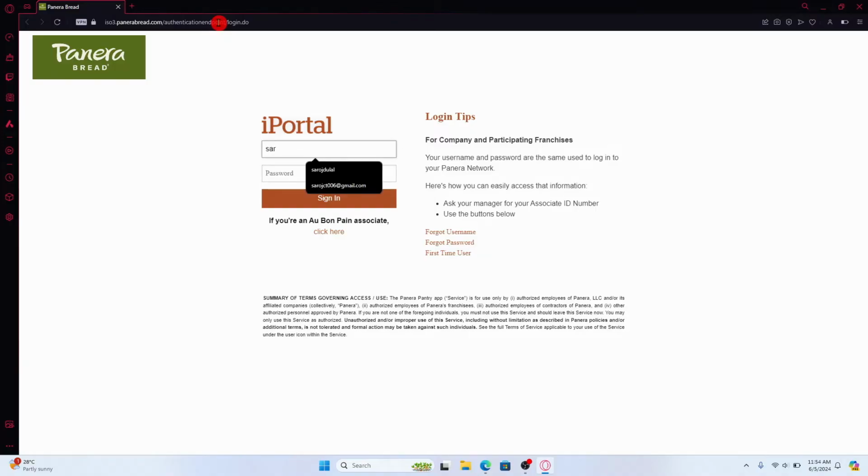Just type in your username that you have set while creating your account within the username box and then enter your account password underneath within the password section. You can then click on the sign in button and you will be logged in to your Panera Bread employee